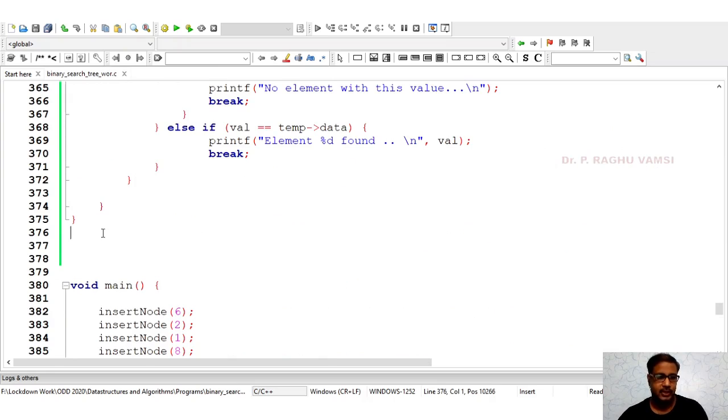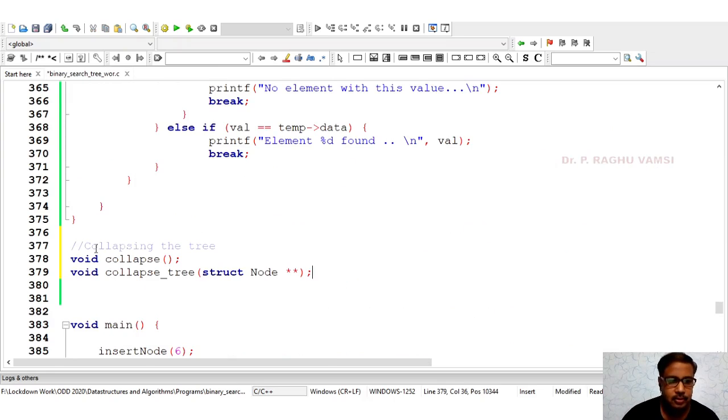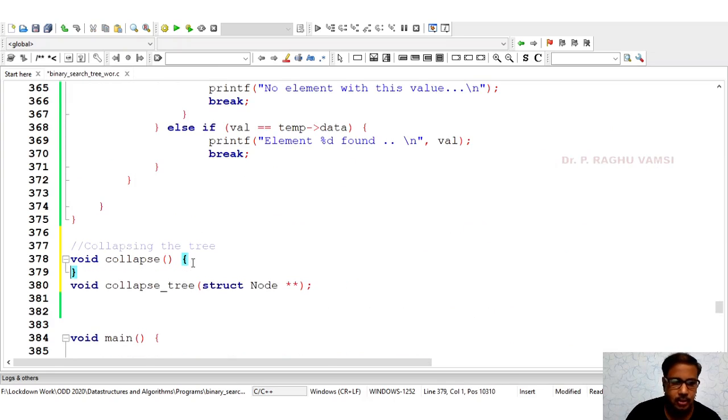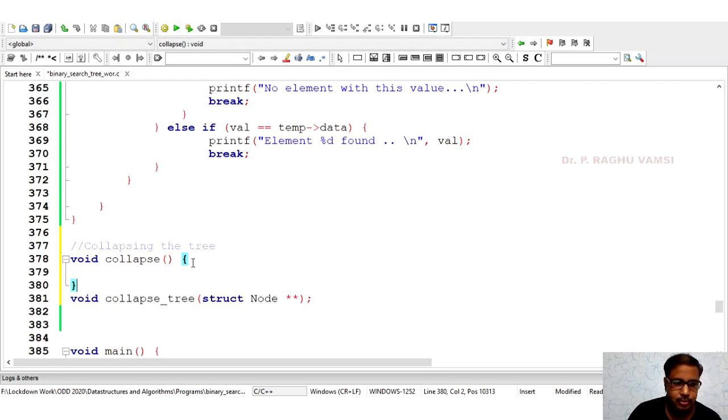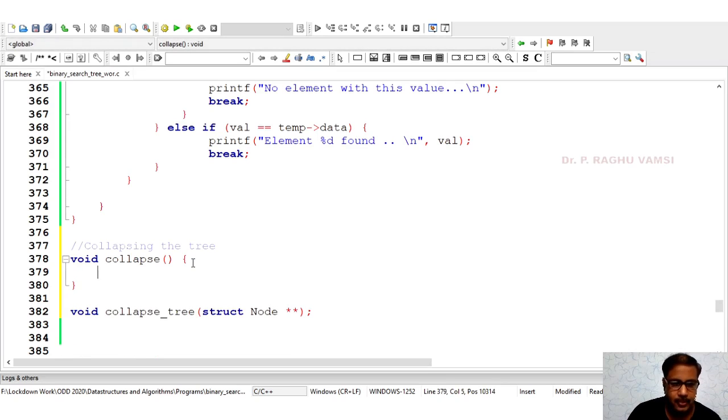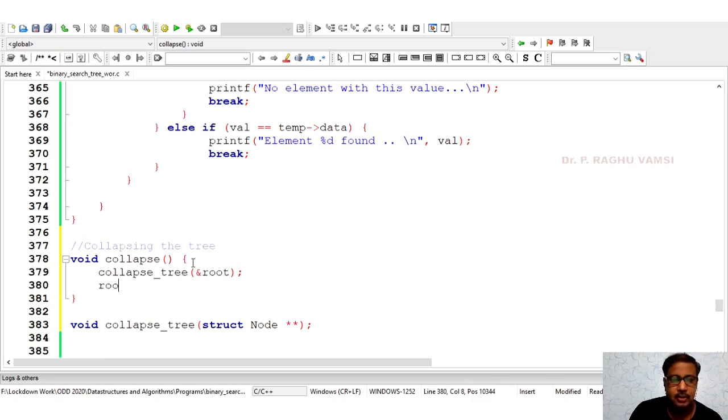Now we need to define this collapse function. Collapse of what? We need to collapse the root. So collapse tree of ampersand root, and once the collapse is over, root should become null. Now collapse tree here.